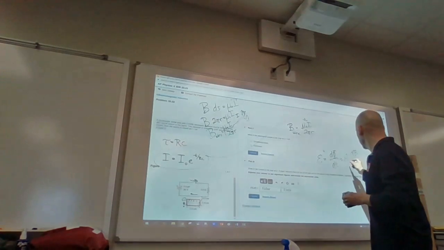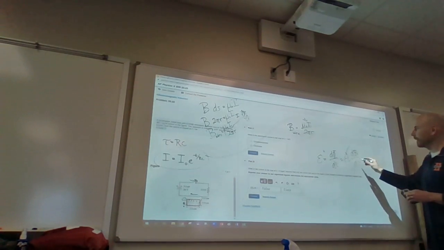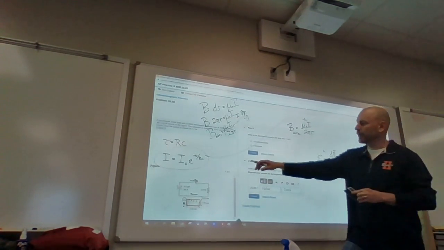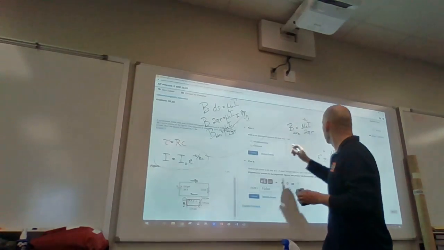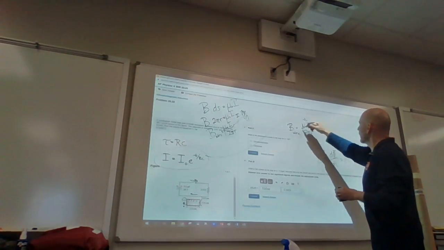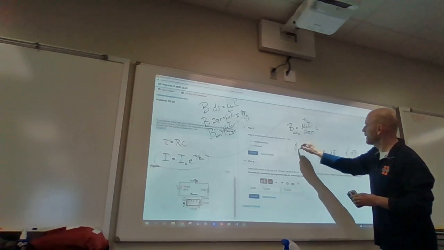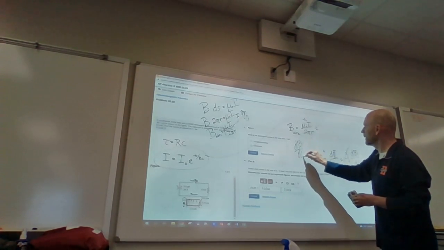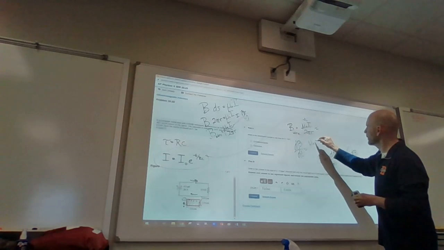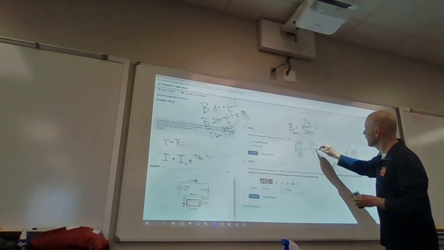That's my area. Okay. And then this, I want to just take the derivative of this. Then multiply by these constants. So my dB dt is equal to